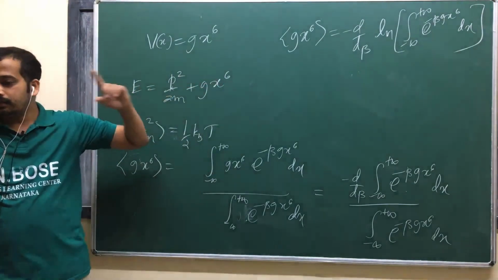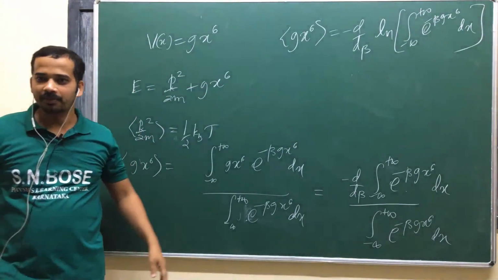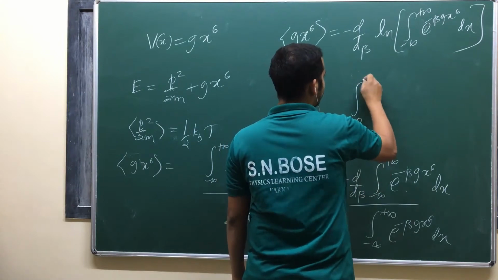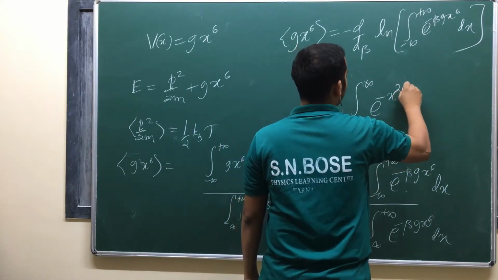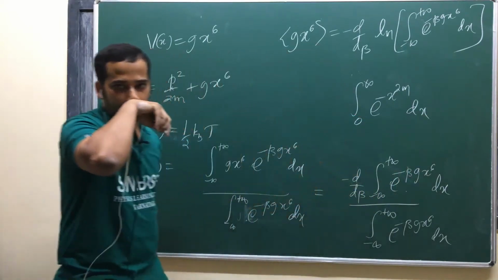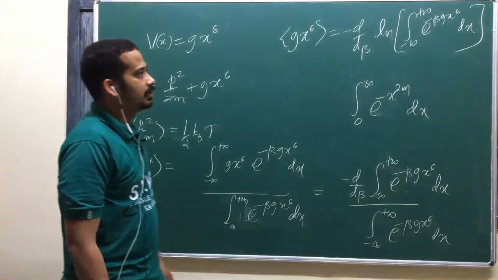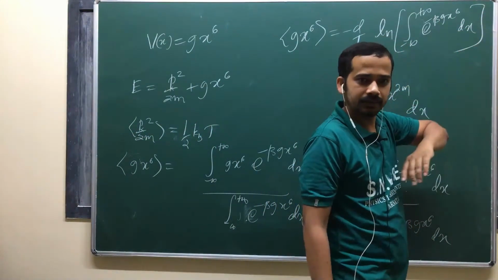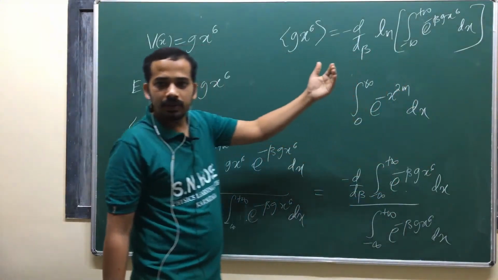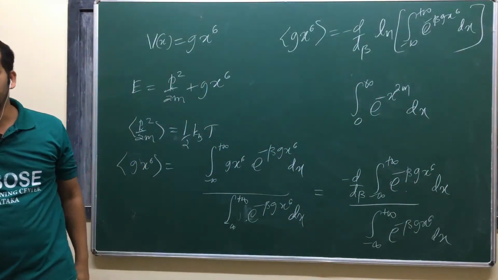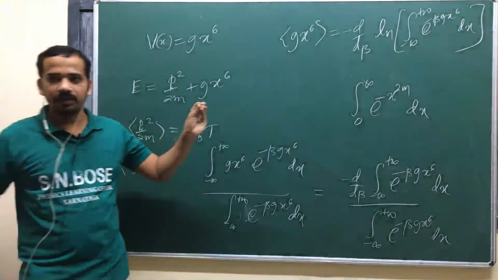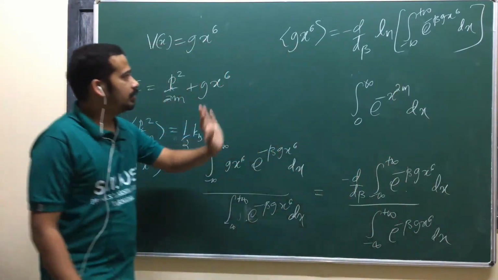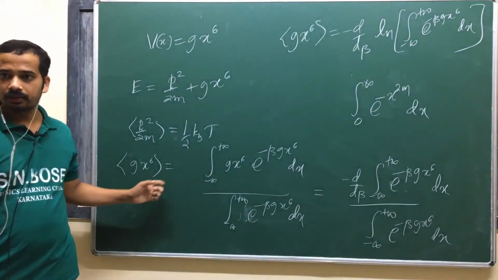And this integral is the integral that he mentioned in the earlier problem. If you convert to 2 times 0 to infinity, it's an even function. So 0 to infinity of e power minus x power 2m dx. What you can do is substitute beta g x power 6 as y power 6, so that you can grab that beta term outside. That's the only thing. We have done a similar integral, taking the beta term outside, in the Debye theory and all. Very similar idea. You take a derivative, you get this part.